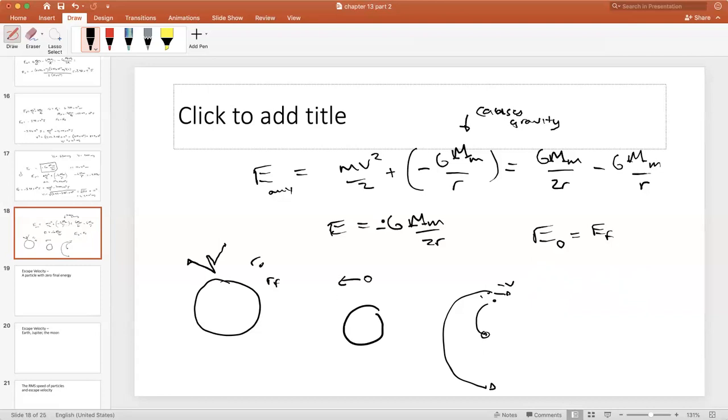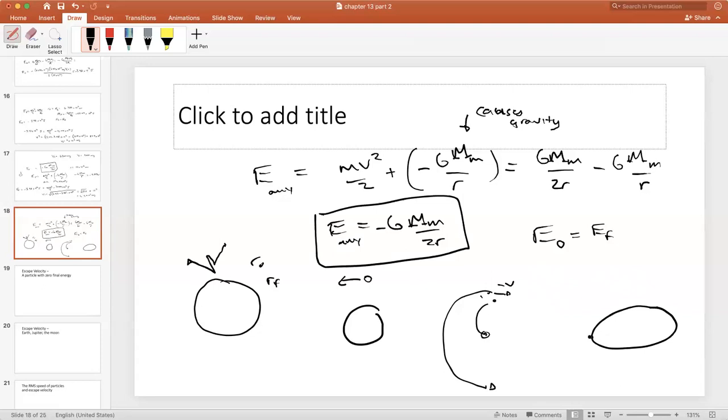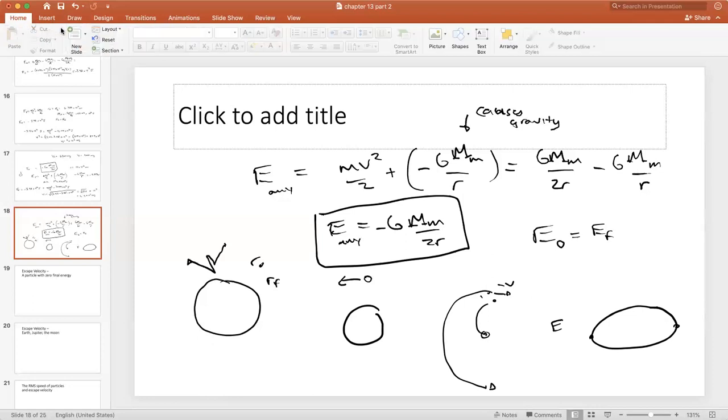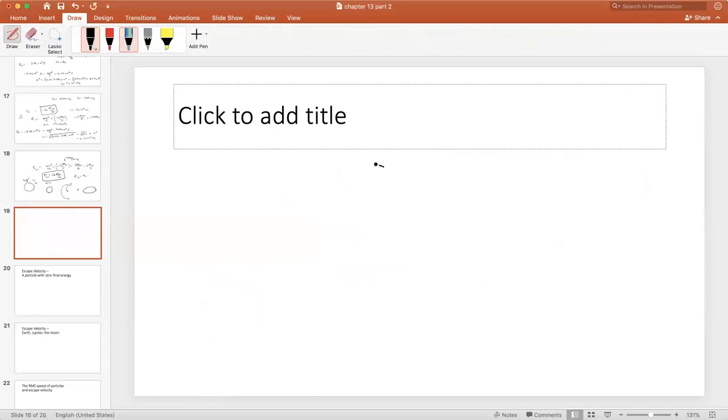Anyway, this stuff gets really super confusing. The only thing you need to know is that the energy at any time is this, and that's equal to this energy here. Okay. One last thing I should note is that when we do planetary orbits, remember that the E, I'm going to put a new slide actually, for an elliptical orbit at A and at P, the energy at A is equal to the energy at P,